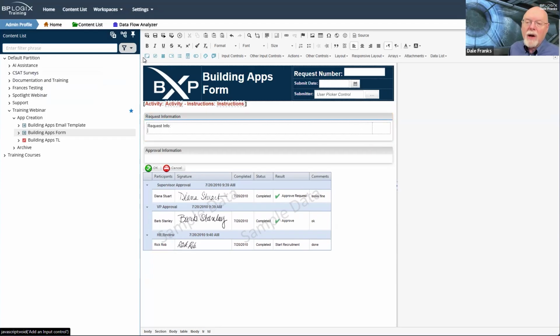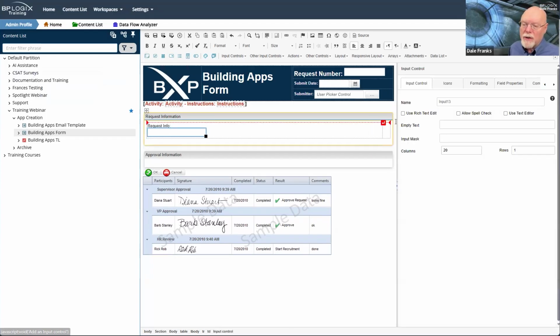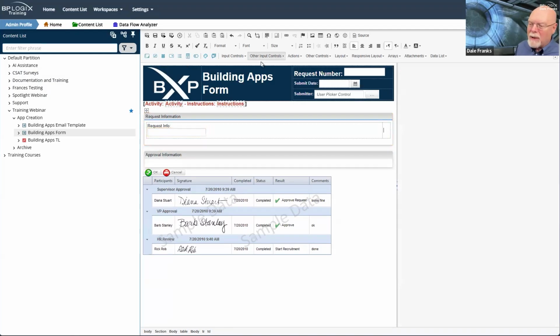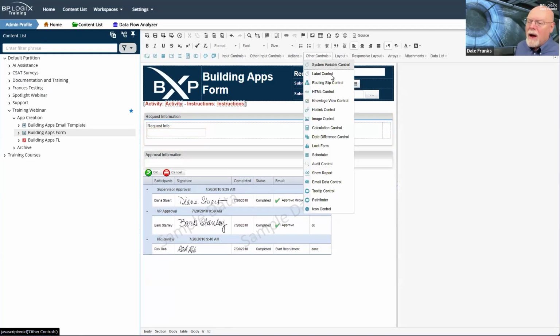And now I can throw in an input control, and I'm going to paste the name that I created when I did the label, request info, as my request info field. And since I have two fields in this table, I'm just going to do it again real quick.